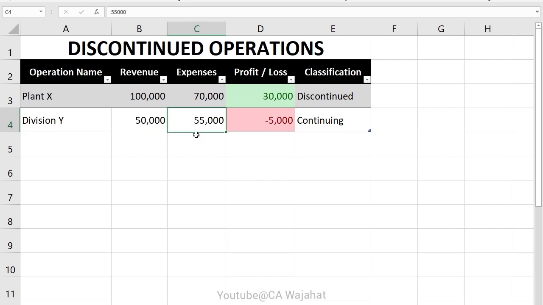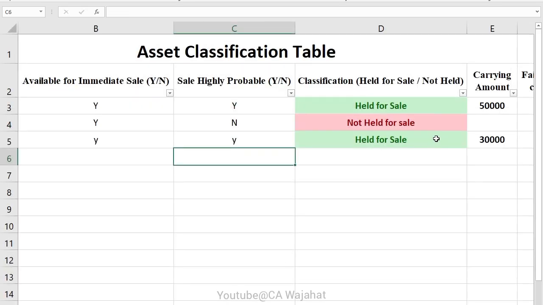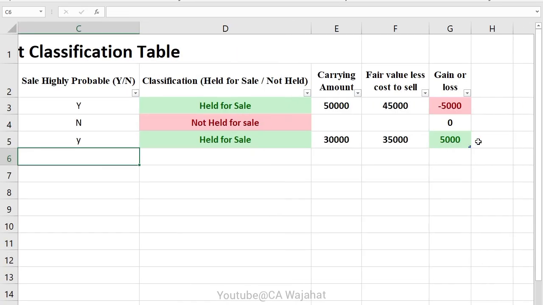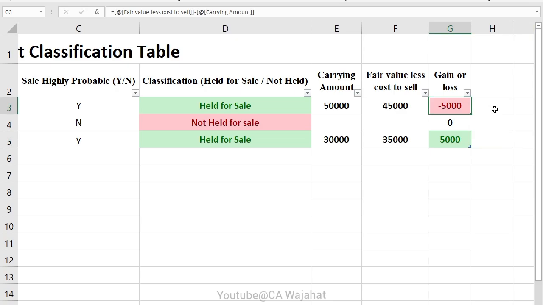So hopefully you have understood IFRS 5, which helps ensure the financial statements tell the real story: which assets are staying, which are going, and how each part of the business is performing. Gains will never be recognized immediately, and losses will be recognized immediately. We have to be strict while recording losses, and a gain should be recorded only when it has been realized. So thank you for watching and learning. I hope this clear walkthrough